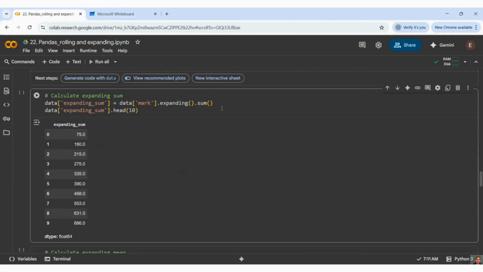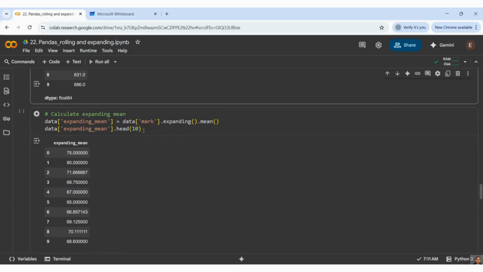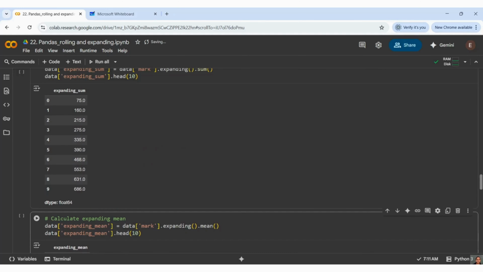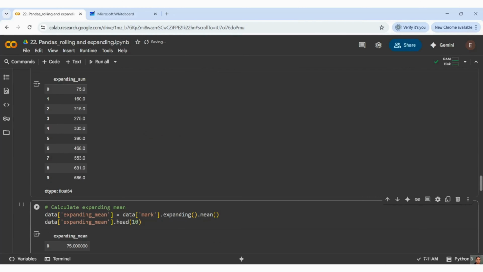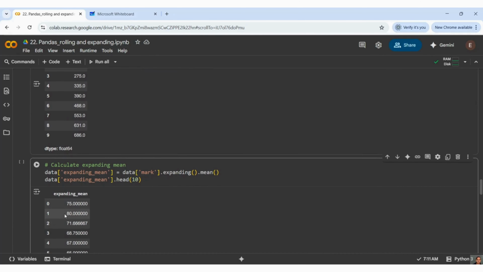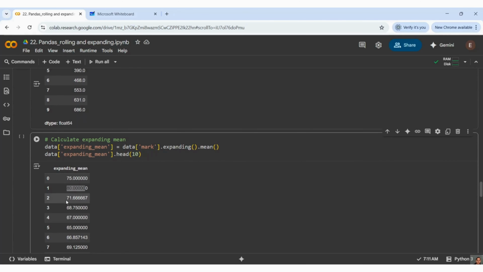And here I am getting the sum, and in the same way I can get the mean. Again, the mean is the same thing, guys. We will just take these three. First it will take 75. Then 75 plus 85 divided by 2. Because 160 is the output, here I'm getting 80, right? It's dividing by 2. And we have these three values again. In this window, 75 plus 85 plus 55 divided by 3, I'm getting 71.